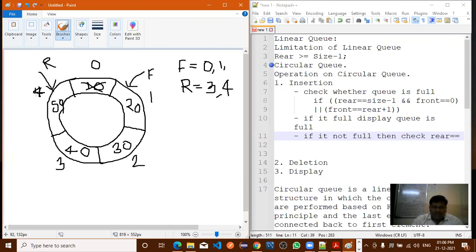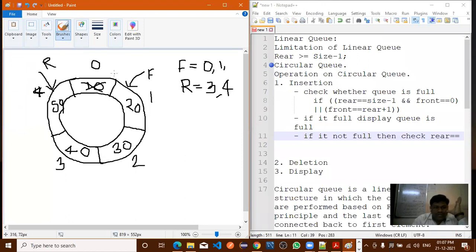4. Can you move directly from 4 to 0? Is it possible to move from 4 to 0? From 3 to 4, simply by incrementing by 1 or using the increment operator, you are able to switch, right? From 3 to 4, 4 to 5, 5 to 6, up to maximum size. But here the rear pointer has reached the maximum size.